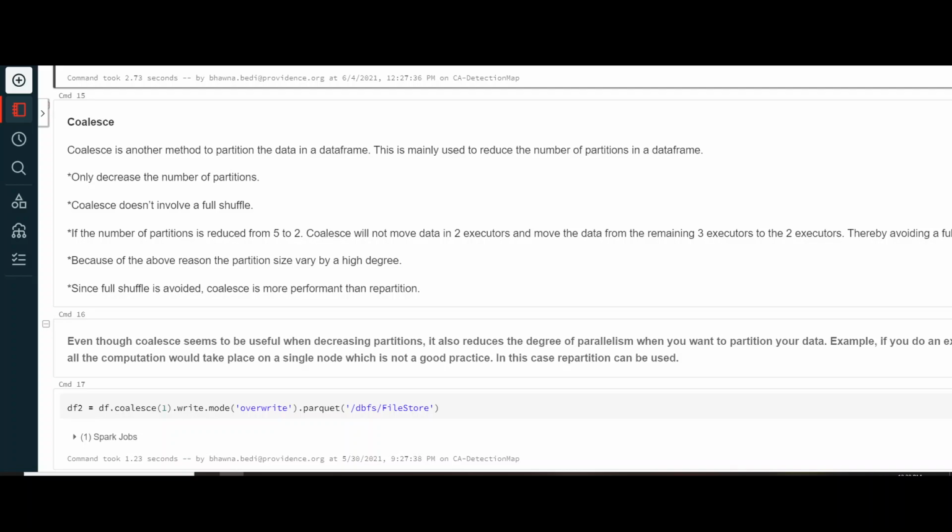So in case you are decreasing the number of partitions from 5 to 2, this is just an example, it will pick up the data from the 3 partitions and move it to the 2 partitions. So the data in the 2 partitions is not shuffled, right? It avoids full shuffle of the data, and hence it is a little more performant than repartitioning. So remember that point. These are the major differences between repartitioning and coalesce.